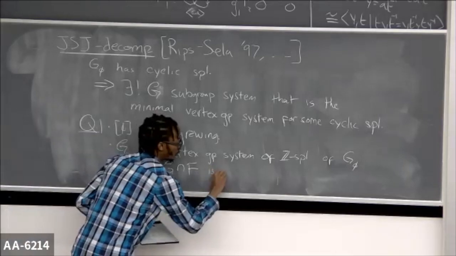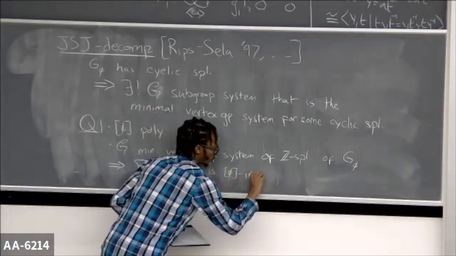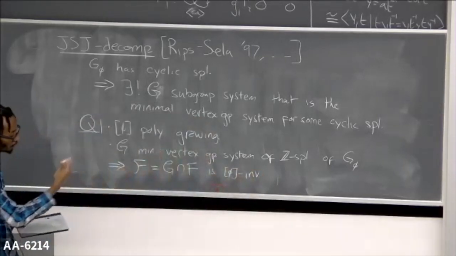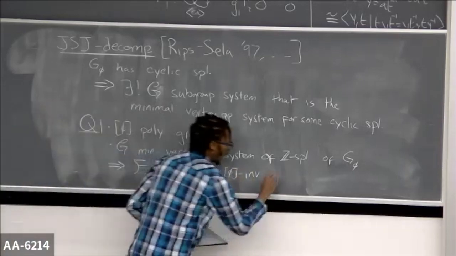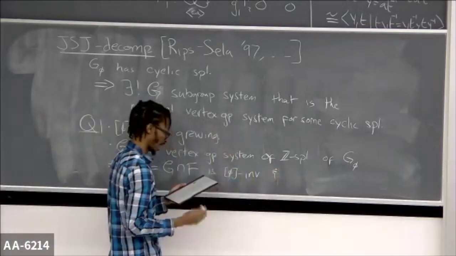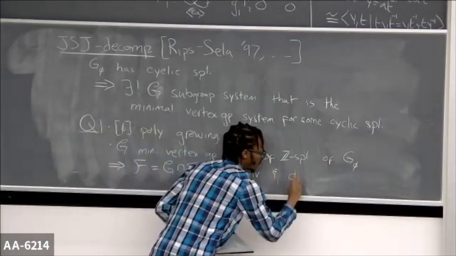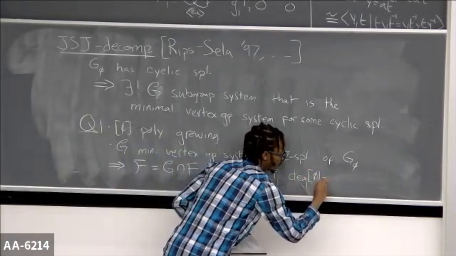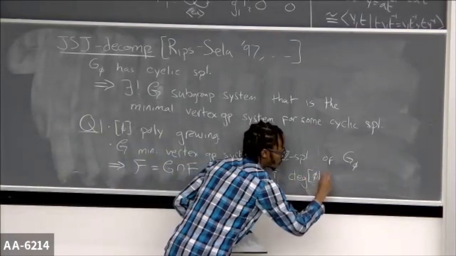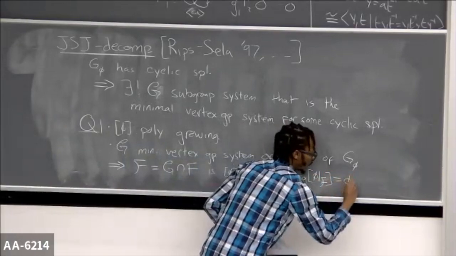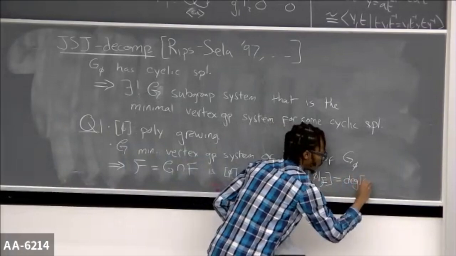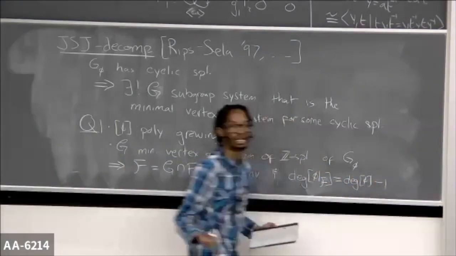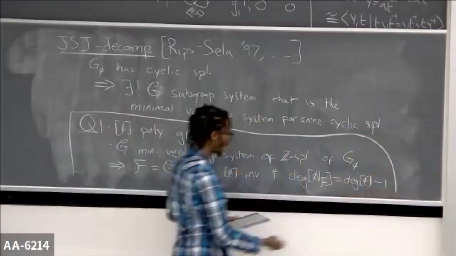This is going to be phi invariant because the free splitting is phi fixed. And my question is: when you restrict to this free factor system, is the degree the degree of phi minus 1? If the answer is yes,